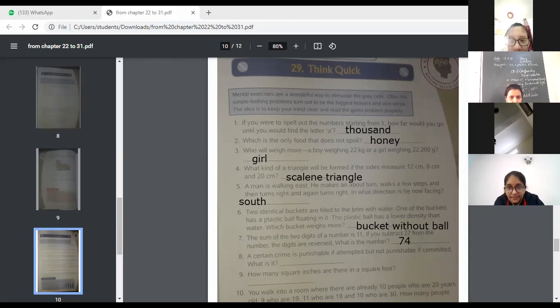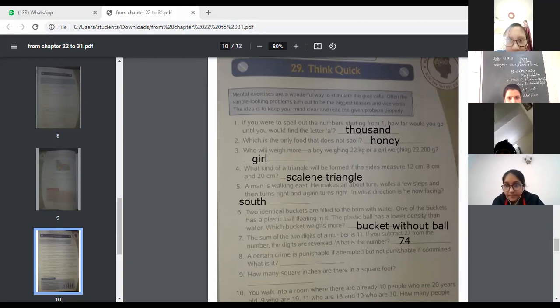Ma'am, can I tell? Yes. Ma'am, I have done it like this. I have taken the biggest two-digit numbers which when added give the sum 11. Then I subtracted 27 from all of them. I have taken four biggest numbers, and 74 is one of them. When 27 is subtracted from 74, the answer is 47. Okay. 47 is reversed.